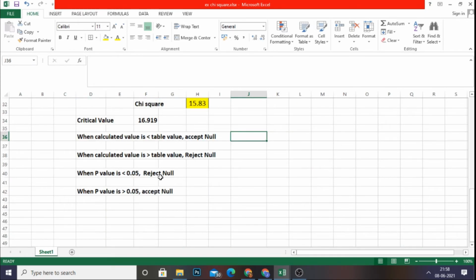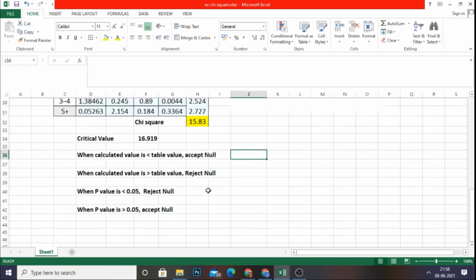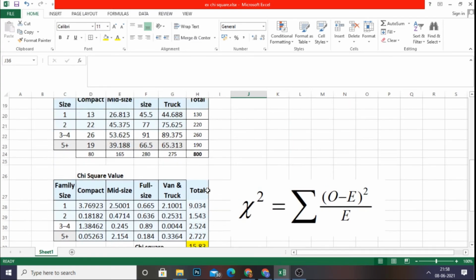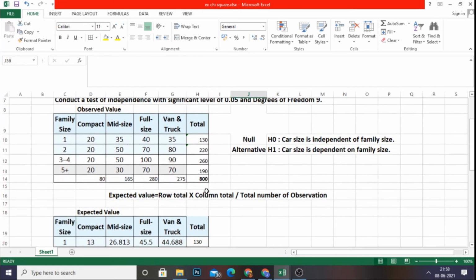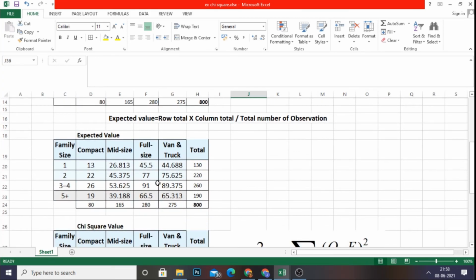So for the p-value, again, when the p-value is lesser than 0.05, we reject the null hypothesis, and when the p-value is greater than 0.05, that is the alpha value, we accept the null hypothesis. Okay, now we are going to calculate the p-value for this particular problem. Right.